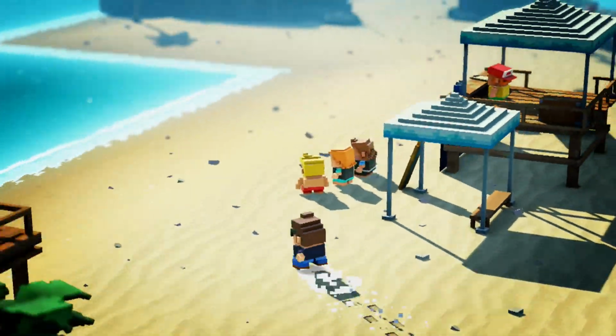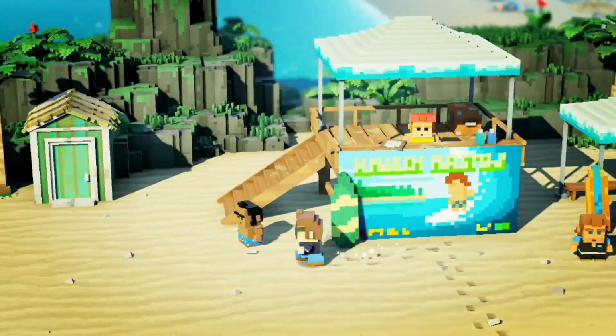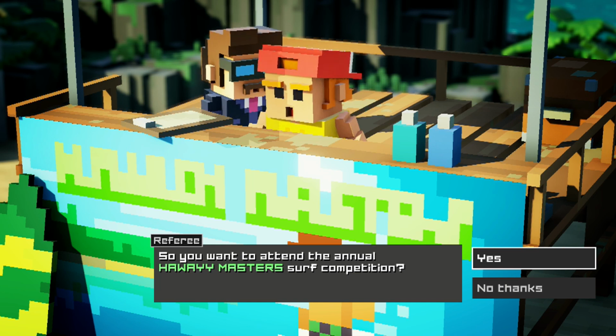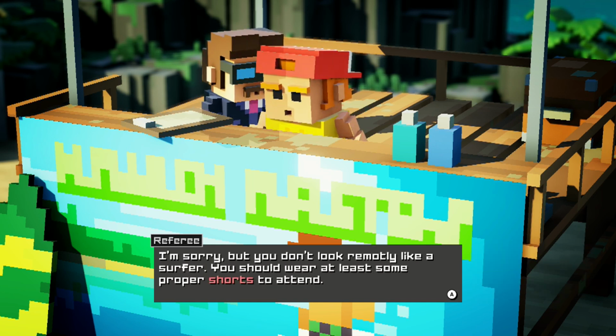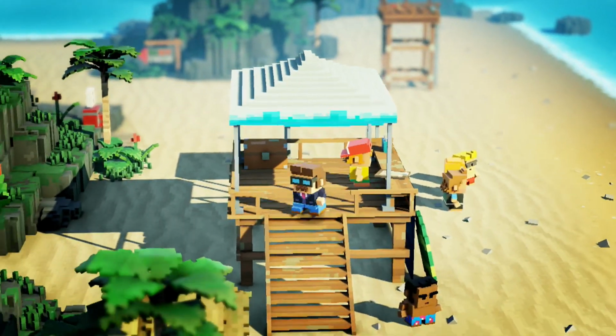We have one more thing to do on this island, and that is win the surf competition. So when you come up to the referee here, the referee is going to explain to you that you can't actually join the surf competition without a pair of shorts. Now, we're not going to purchase them from the t-shirt shop, but instead